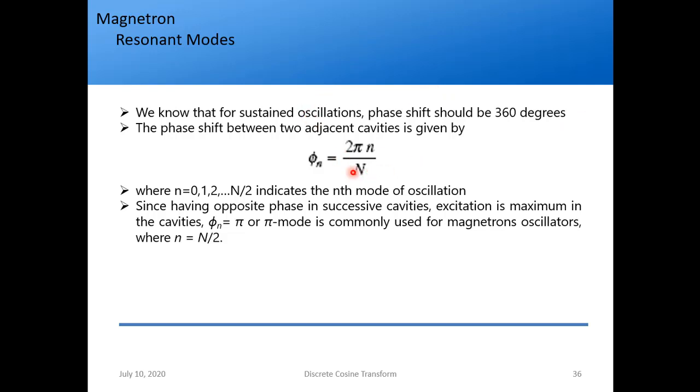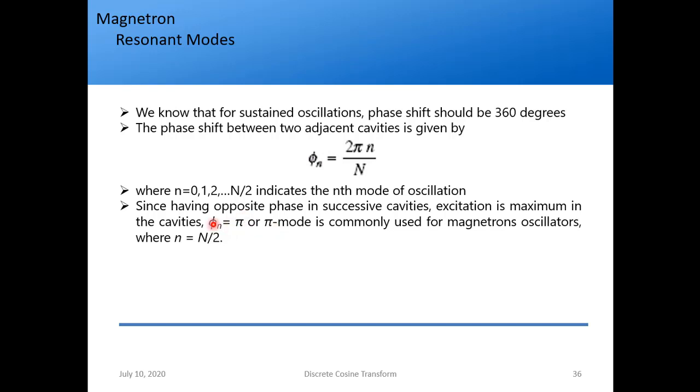So corresponding to our number of cavities N, we'll have the phase shift between two adjacent cavities as phi n equal to 2 pi n by N, where small n equals 0, 1, 2 up to N by 2. It indicates the nth mode of oscillation. Now obviously there will be one mode which is more suited for the oscillation, so that mode